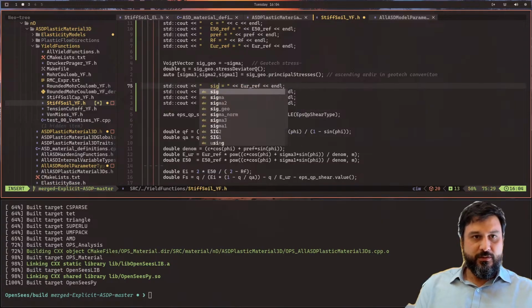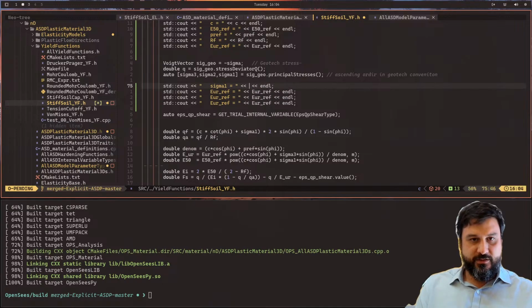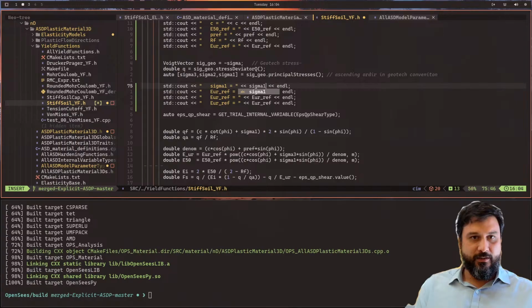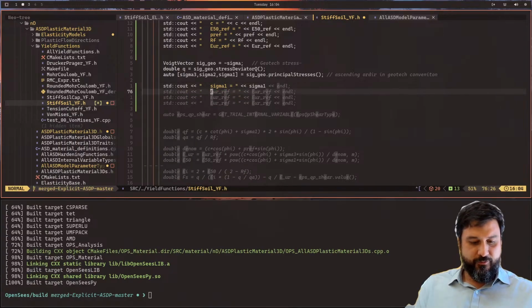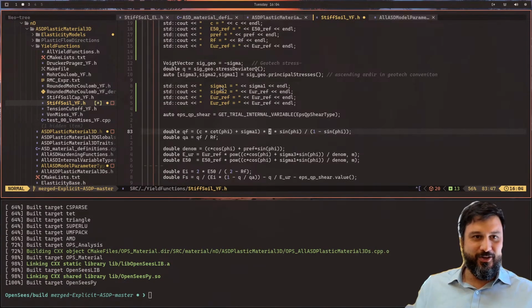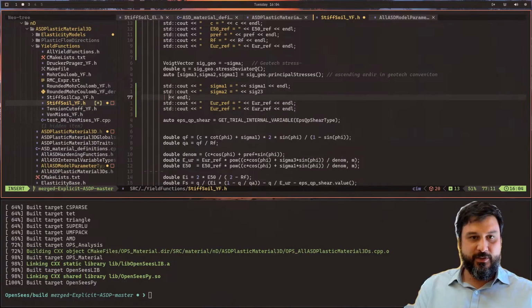CIW sigma 1, CIW sigma 1, forward E, I need to press escape, forward E, CIW sigma 2,